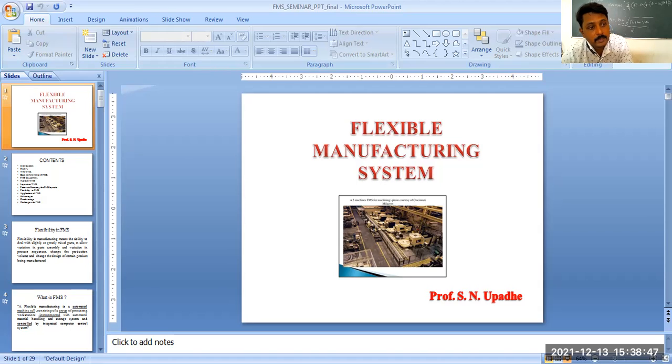Now let us compare the flexible manufacturing system with the conventional or traditional manufacturing system. Setup time for flexible is defined, whereas for conventional machines it varies. Work in process for the flexible system is low. For the conventional system it is high. Flexibility of the flexible manufacturing system is obviously high, and it is low for conventional.